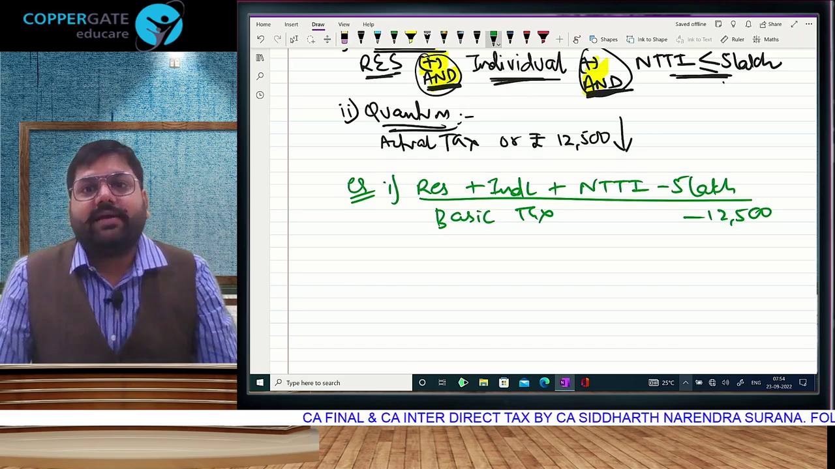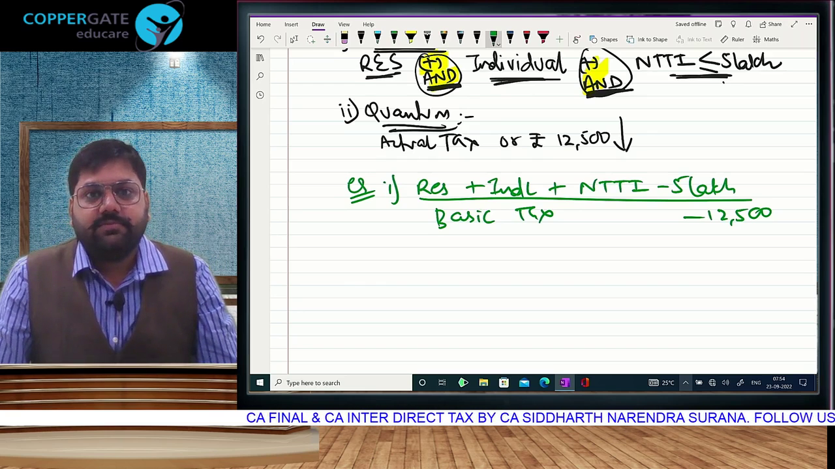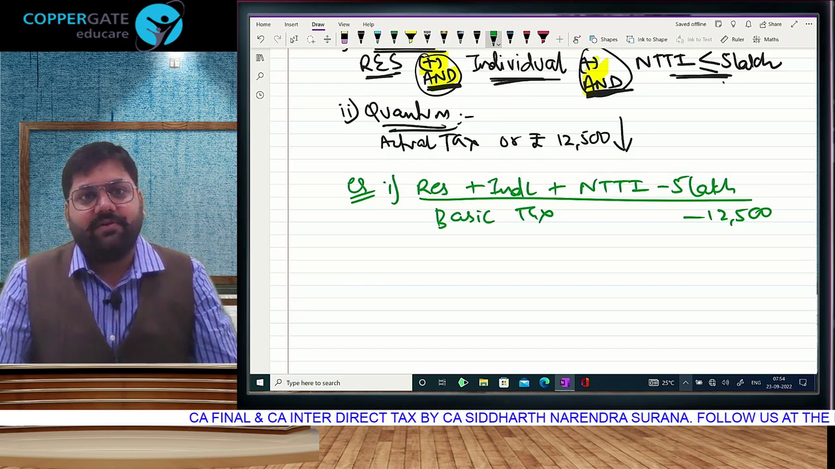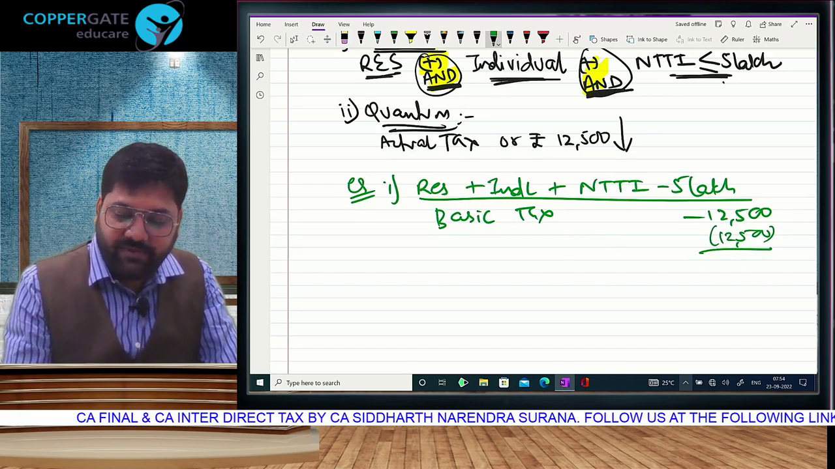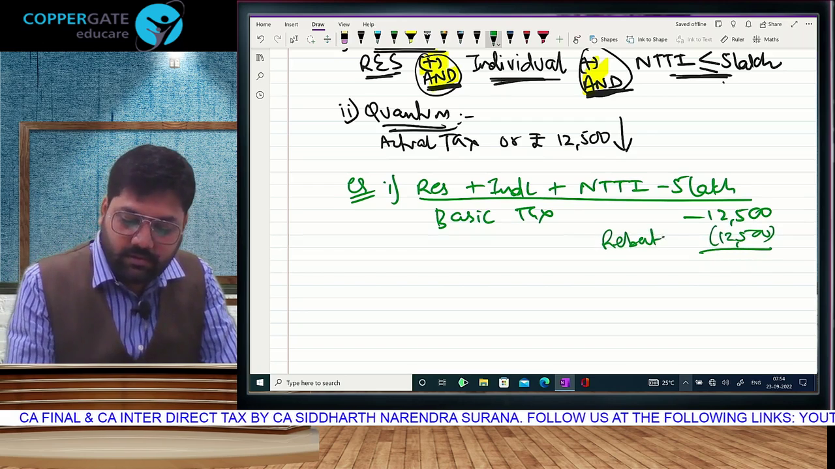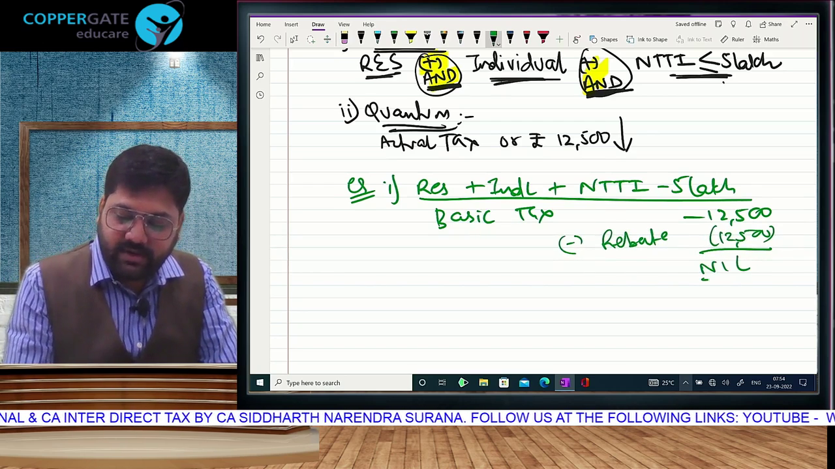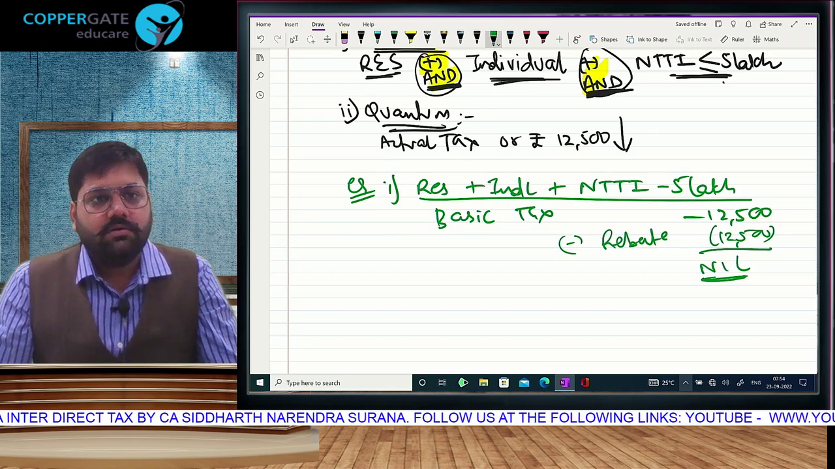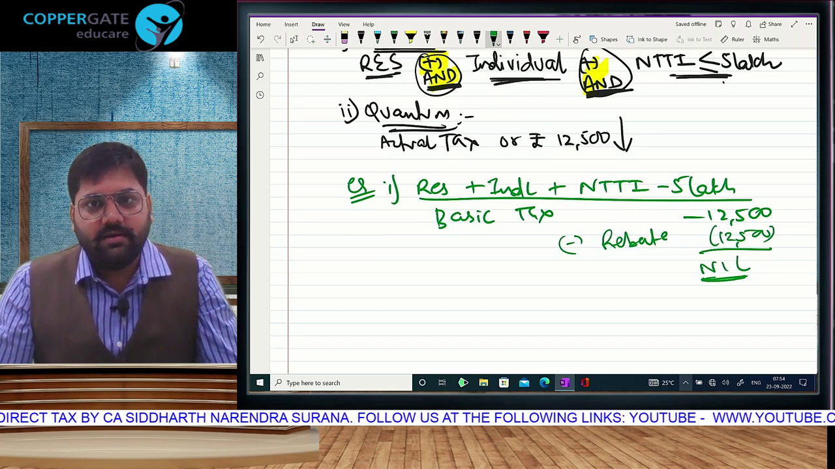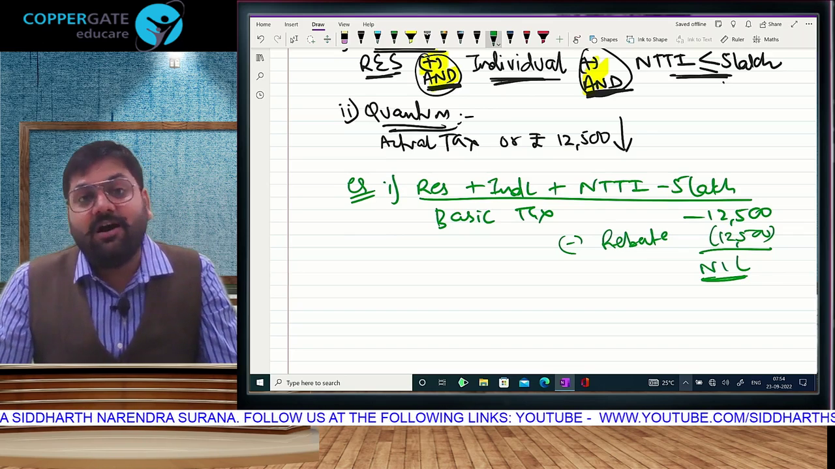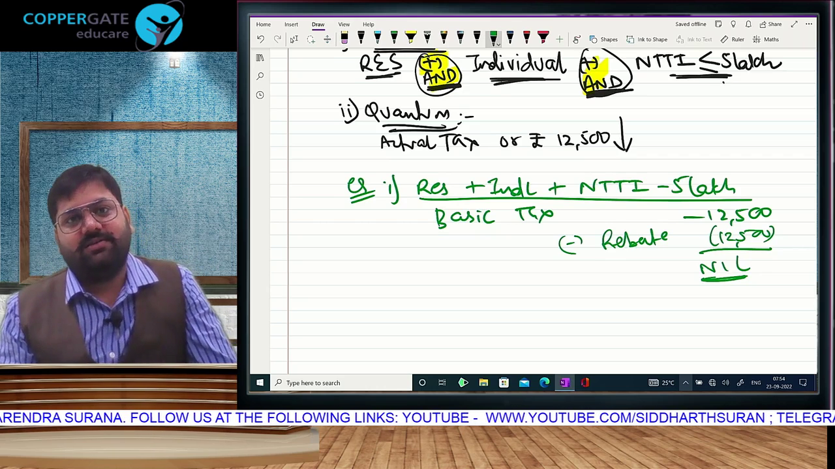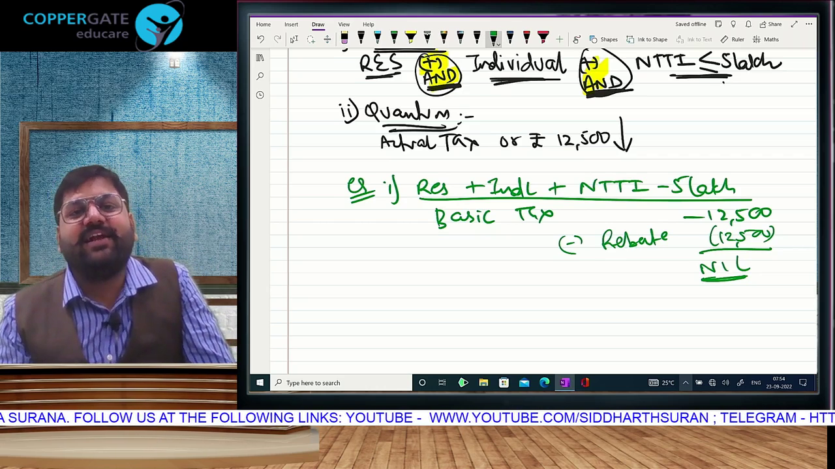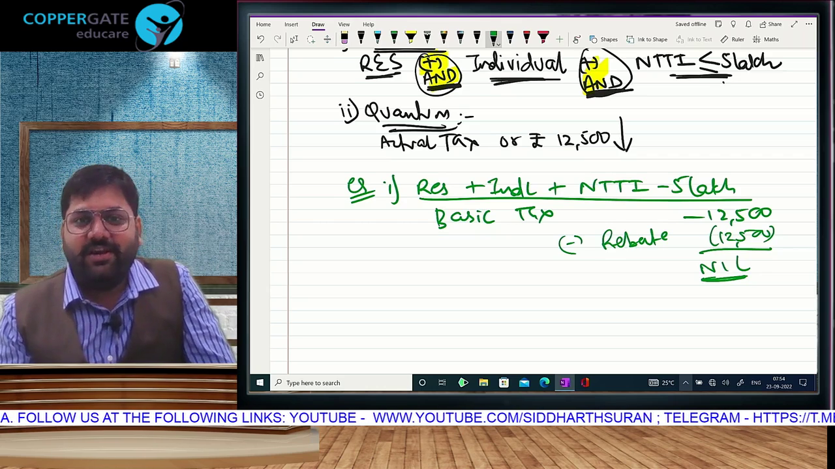How much? Actual tax. How much is the actual tax? 12,500 or 12,500, whichever is lower. This is the indifference point. Give the rebate of 12,500 and accordingly your tax will become 0. Ye correct hai? And this was a game played by CA Piyush Goyal sir when he presented the budget in